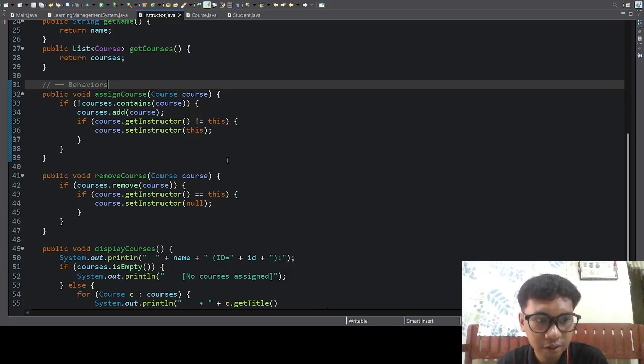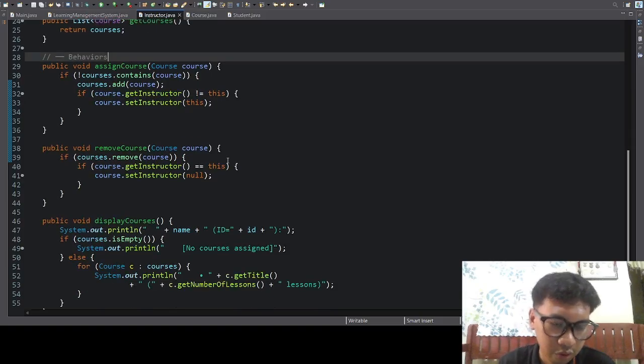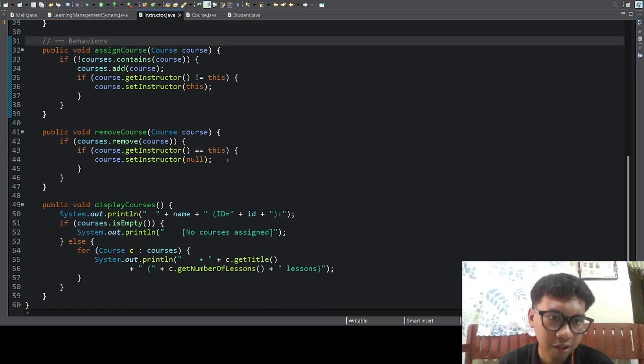Another method is removeCourse, which also has a parameter of Course object course. If courses.remove(course), and if course.getInstructor is equal to this, pertaining to the instructor, then course.instructor is null. And lastly, we need to display the courses.